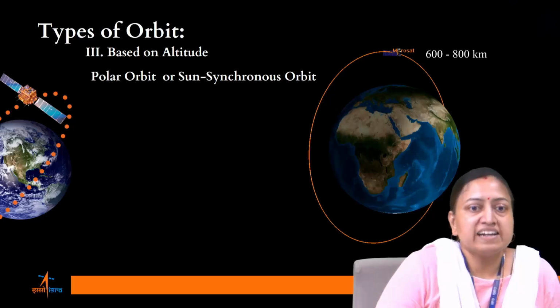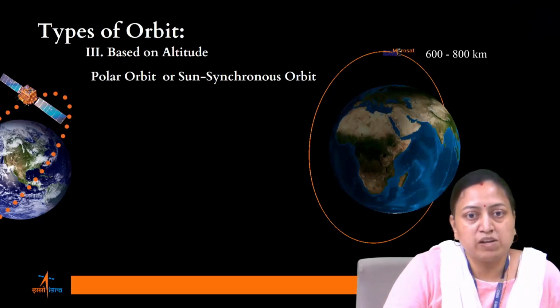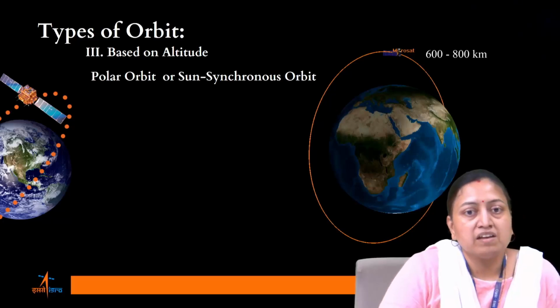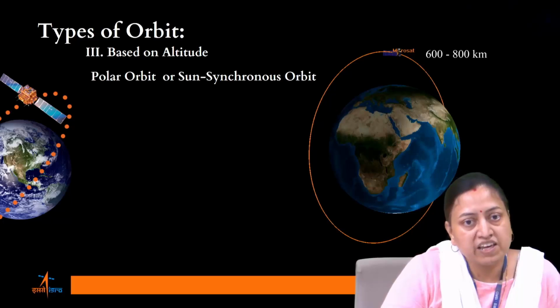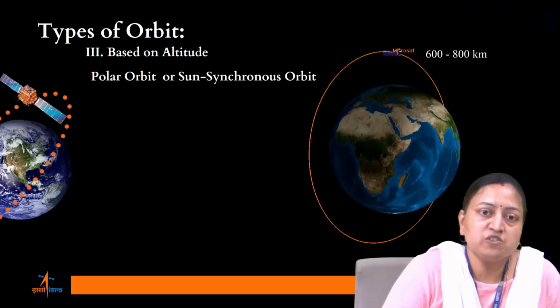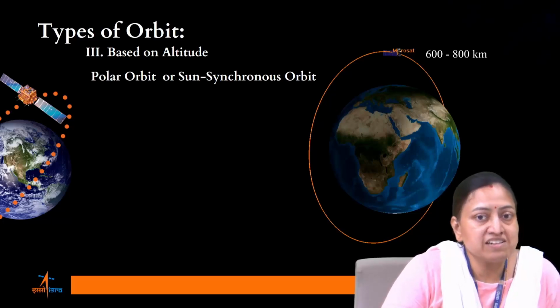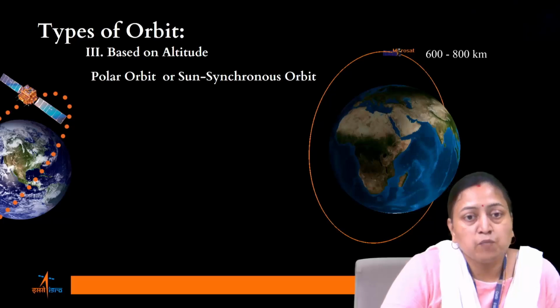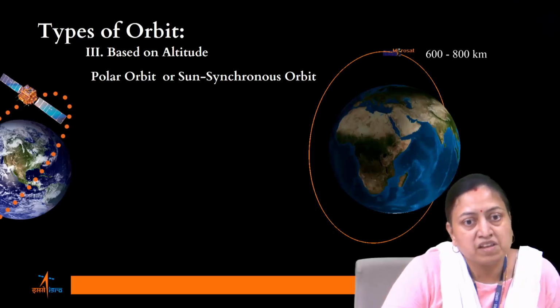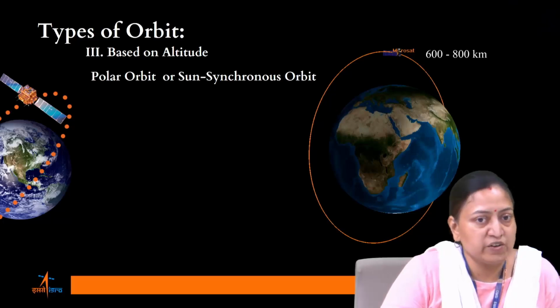Polar orbit. Satellites in polar orbits usually travel past Earth from north to south, approximately over Earth's pole. They, however, do not have to pass accurately over the north and south pole. Even a deviation within 20 to 30 degrees is still classified as a polar orbit. Polar orbits are considered to be a type of low Earth orbit as they are at low altitudes between 200 to 1000 km. Sun synchronous orbit is a different and specific type of polar orbit.